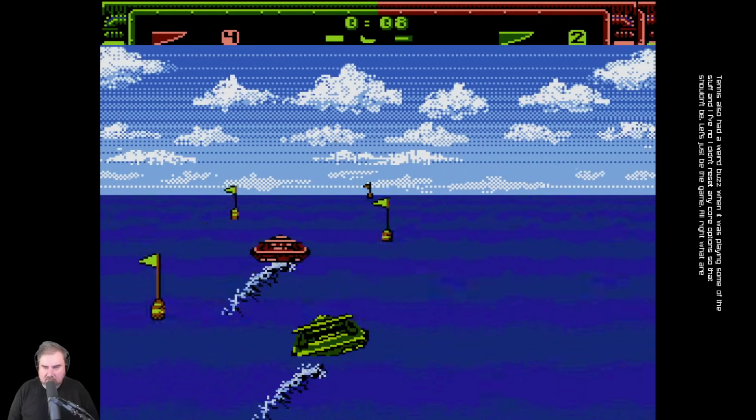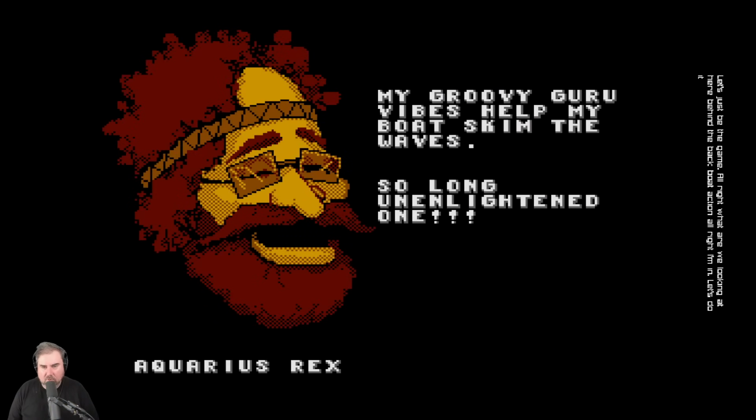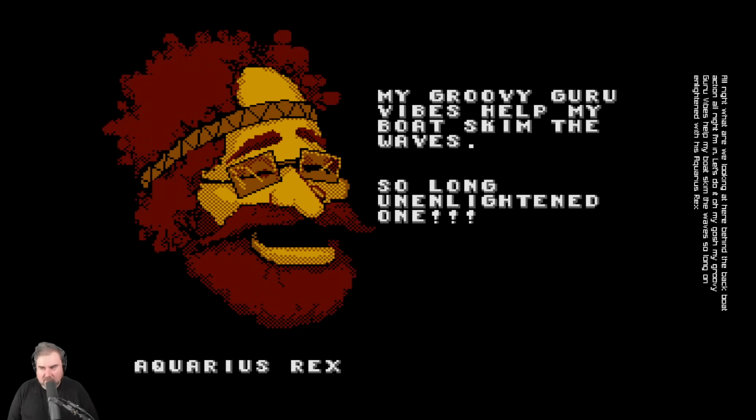All right, what are we looking at here? Behind the back boat action? All right, I'm in. Let's do it. Oh my gosh. My groovy guru vibes help my boat skim the waves so long on Enlightened, what says Aquarius Rex. Did Chong sue for this, or...